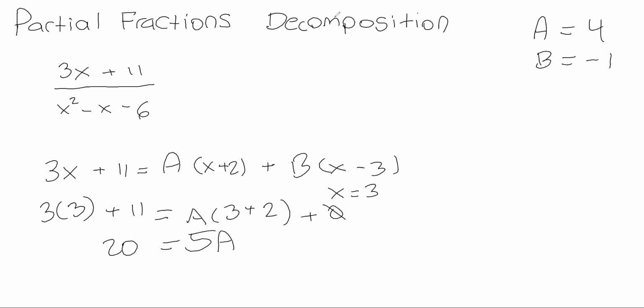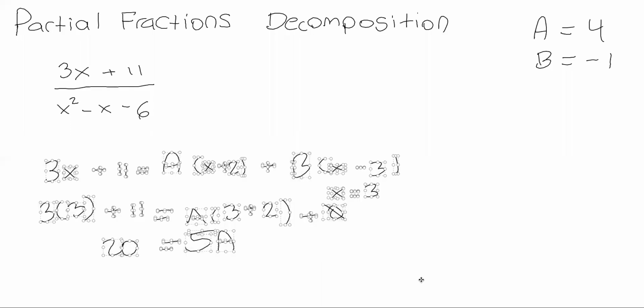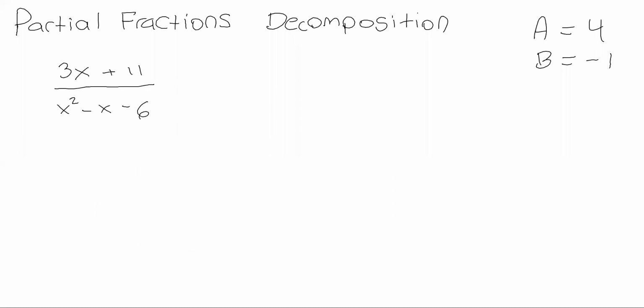So we've done it. We found our a, we found our b, we've done a vast majority of the hard work. We've done most of the heavy lifting. So the only thing left to do right now would be to go back to our original expression that we had before. We had a initially over x minus 3 and b over x plus 2. So substituting our values in, we get 4 over x minus 3